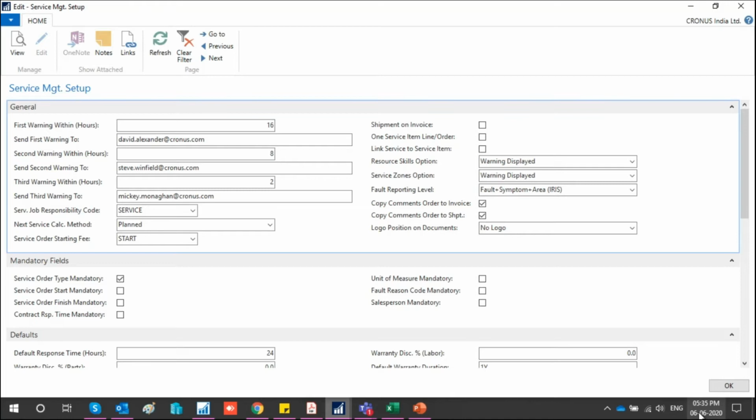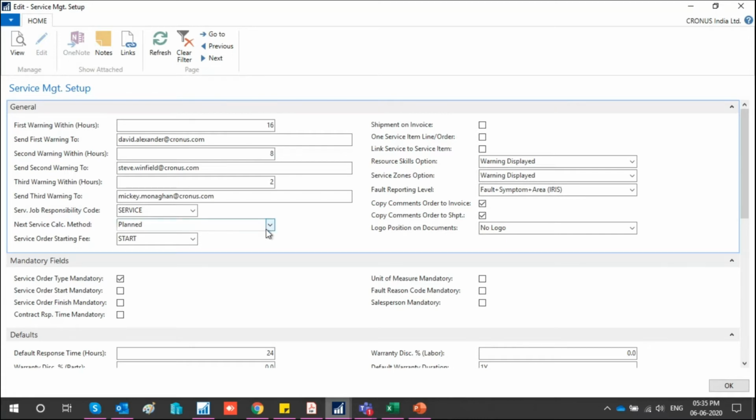In that case, should the next pending service still be on the 6th, which is planned, or, as it is done on the 8th, should it shift to the 8th of next month? How should it be done? If I keep it as planned, it will go as per the planning.